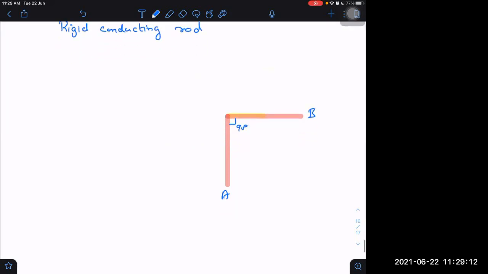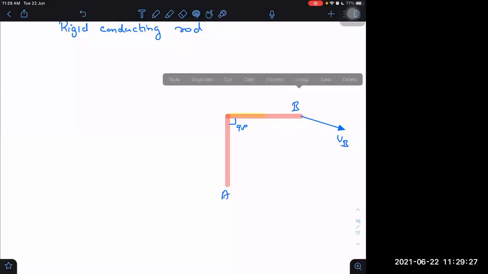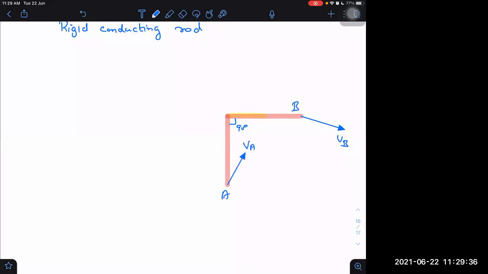I have given you only one thing here, that point B has velocity VB. Are you writing also or not? Keep writing VB. Are you dependent on my notes only? I think you should be writing also yourself, right? And this is VA. Now, if I join this, effective length will be A to B, that we have already done before. A to B is the effective length.